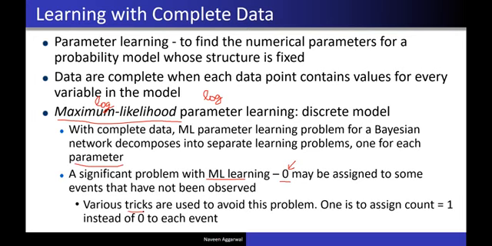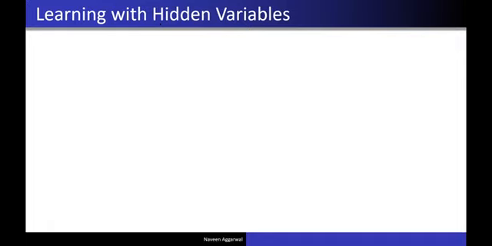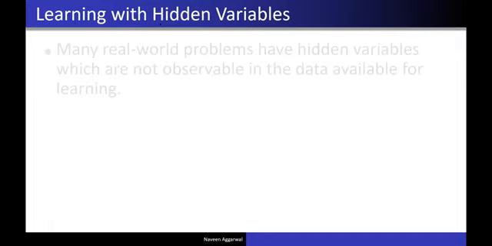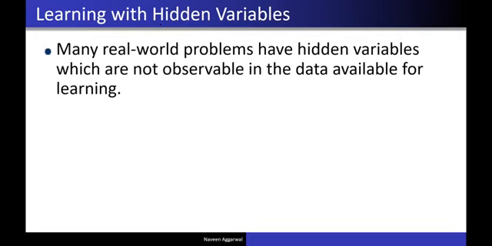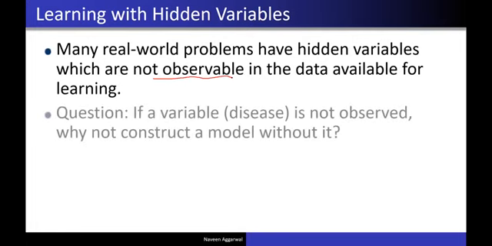But in real life scenarios, it is possible that you do not have the complete data. So what if you do not have the complete data? There may be certain variables which are not available to you. In most real world problems, everything is not observable, and there are many parameters which are not observable. Let's say you want to predict a disease, and there are many variables for the patient. Patients tell you the symptoms, let's say S1, S2, and from them you want to predict the disease.